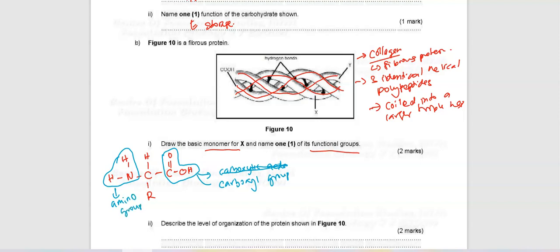Okay, so this is the basic structure of an amino acid. If, for example, the question asks you to draw the Zwitter ion form, you just remove the hydrogen from the carboxyl and put a negative sign at the oxygen. And then, for example, here, again, if the question asks you to draw the Zwitter ion form, okay,